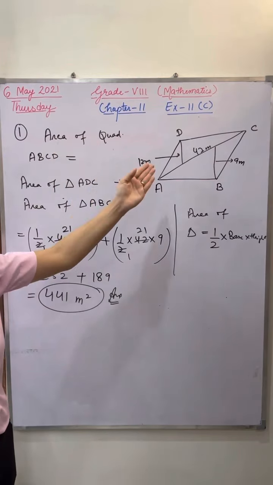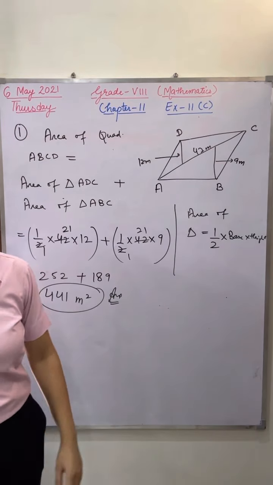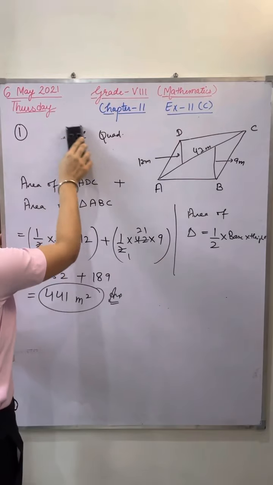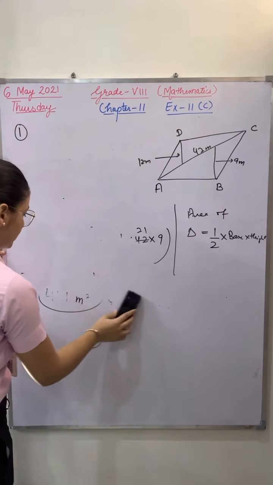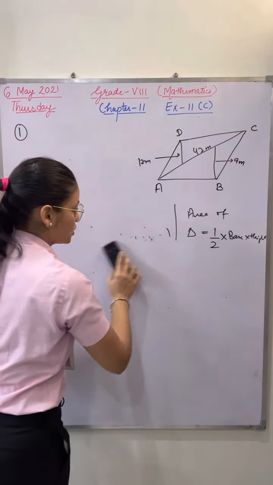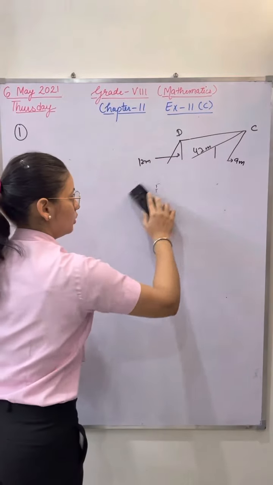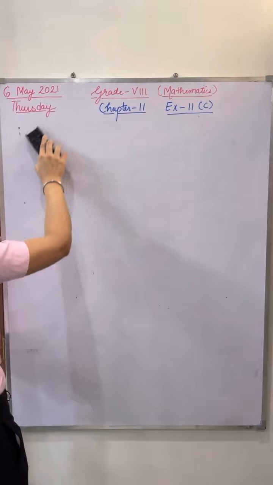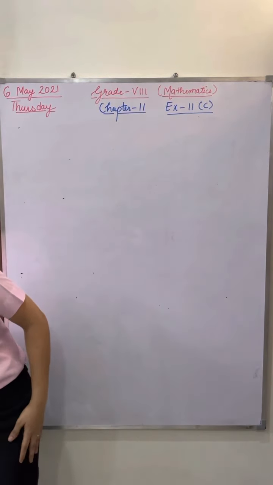Okay, so in this figure, this is the quadrilateral. You have taken the areas of these two triangles, and then you have to add the areas of these two triangles. Okay, now let's start with the next question. Quickly read out the second question. I'm going to unmute some students. Quickly read out the second question and see what shape we can take and which areas we can add to take out the total area.